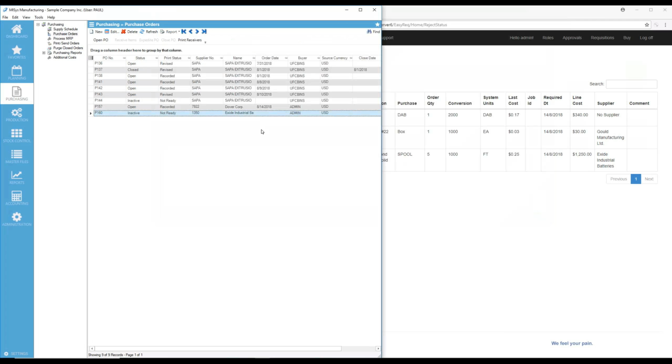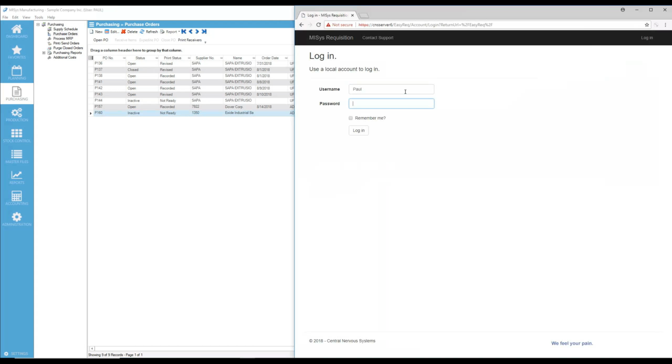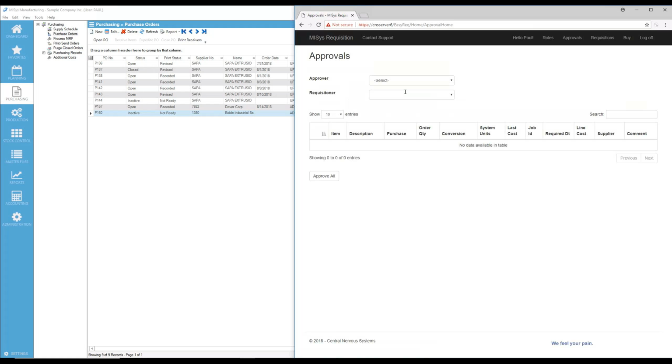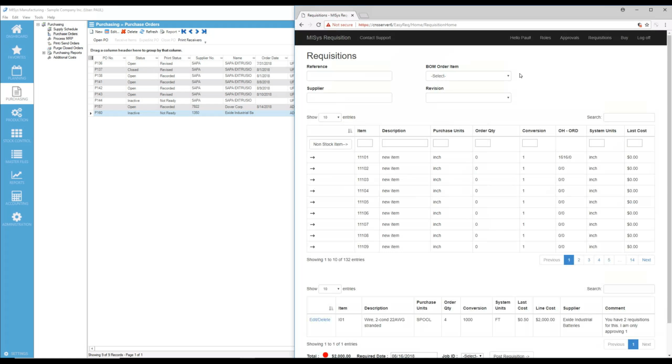Now what I'm going to do next is take you back to the requisition screen to show you one of the other features that we haven't really looked at yet. I'm going to log off, log back in as that Paul guy, and put my password in. And this time, when I go to requisitions, the other thing I'm going to do is